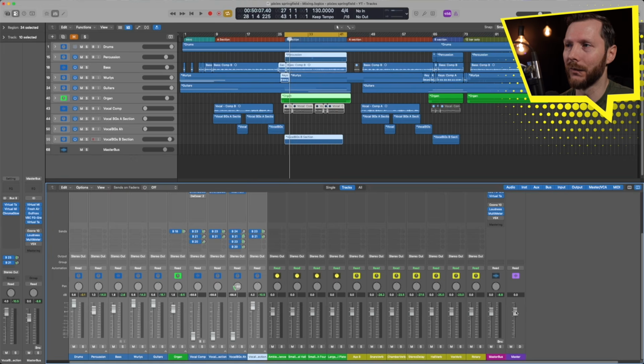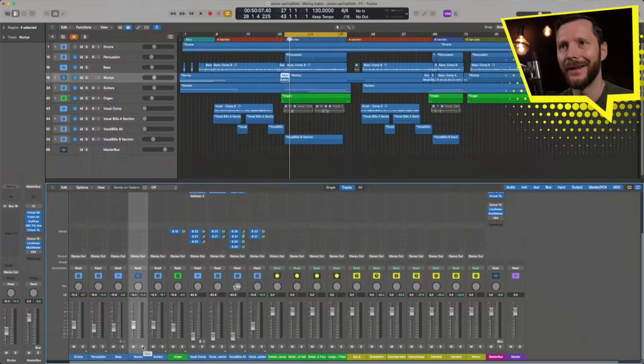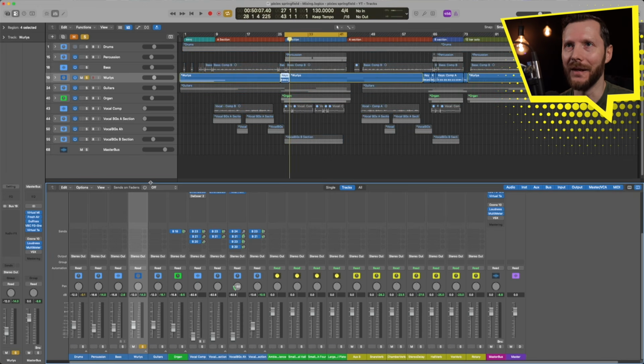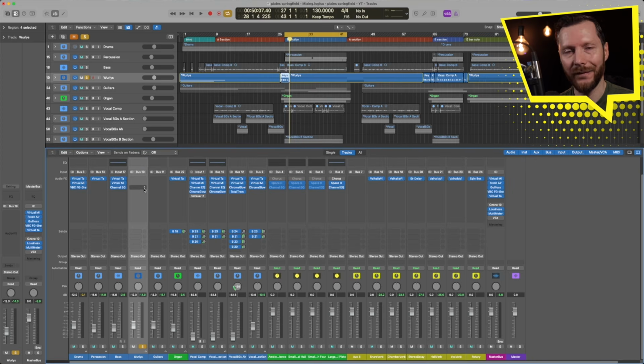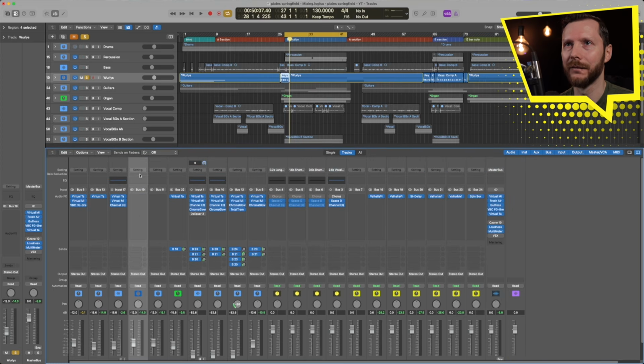And same goes with this master fader as well. These should stay at 0 at all times unless you're doing a fade out at the end. And then you can automate these to fade out like so. Now, another thing you want to be mindful of when you're mixing is each plugin that you add can introduce some gain as well. So on our Whirly, for example, if let's say I add a compressor,